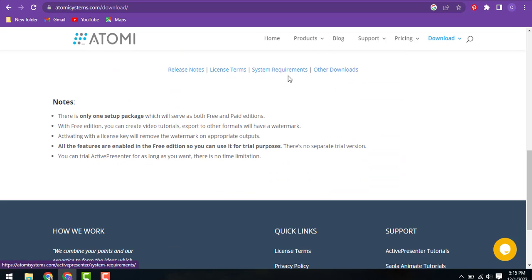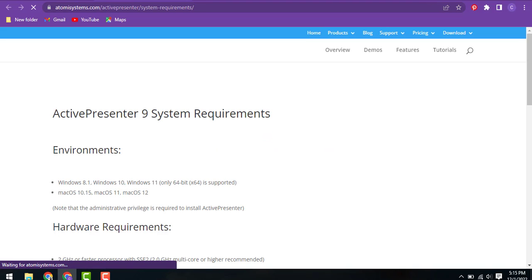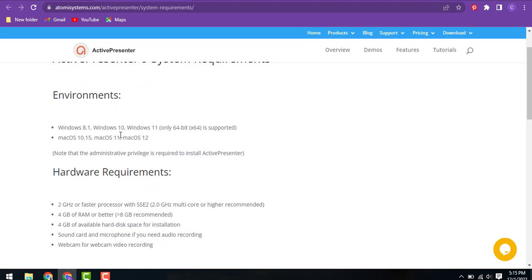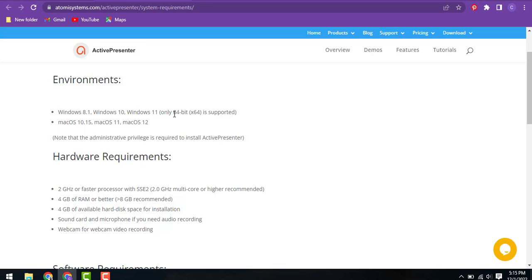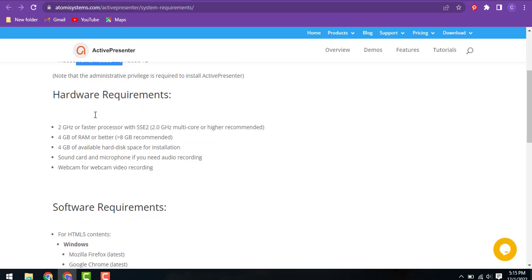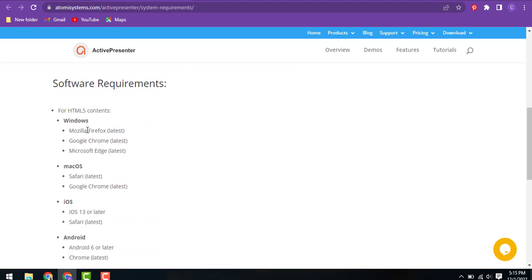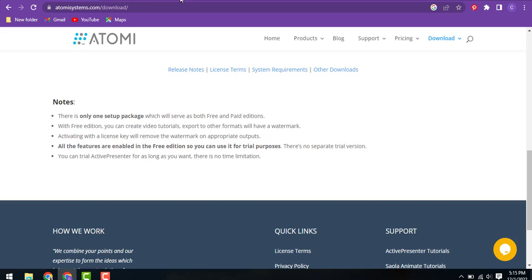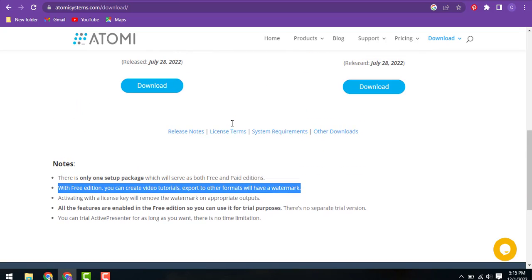So license terms, system requirement for ActivePresenter. We will see the system requirement for ActivePresenter is environment Windows 8.1, Windows 10, Windows 11. Okay, remember 64-bit of Windows. Mac operating system is 10.15, Mac OS 11. Hardware system requirement, software requirement. These are the requirement for your setup. Okay, notes. There is only one setup package which will serve both free and paid edition. So these are the notes for system